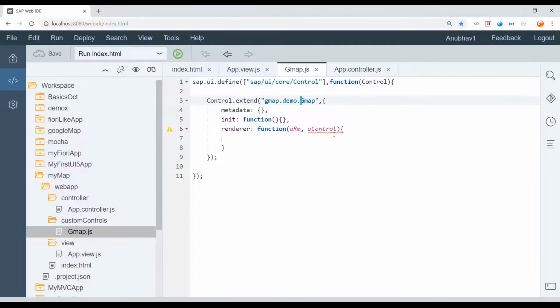I think the path is incorrect. Yeah, that's the correct path. So now let us put here what it should return. So I'm saying whenever somebody uses this Google Map control, please write a DOM element, which is a div tag. Please write a div element on the UI with the ID as Anubhav, with a style property as